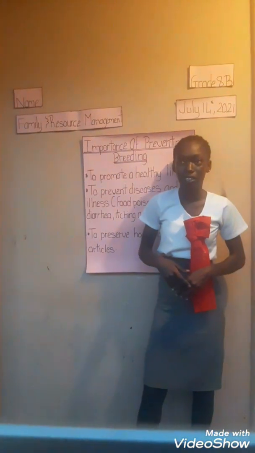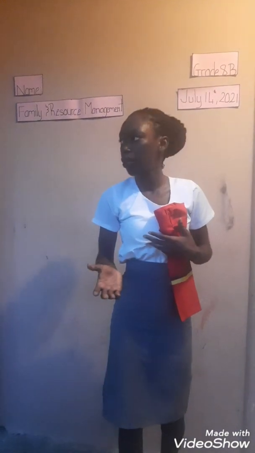Great, everyone understands. For our lesson, we will now recap what was taught throughout the lesson. Those are the main points. So we first look at the importance of preventing household pests. Can anyone share with the class 2 importance of preventing household pests? So prevent disease and illness. Yes, very good. Give me an example of an illness. Diarrhea, yes. Fever, very good. And the next one, to promote a long and healthy life. Yes. This is where you will use the insect spray to get rid of the household pests so that you can live long and healthy.